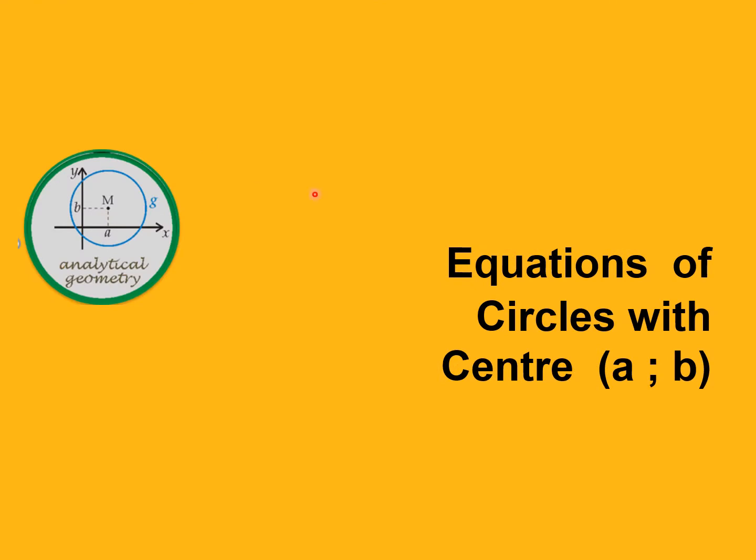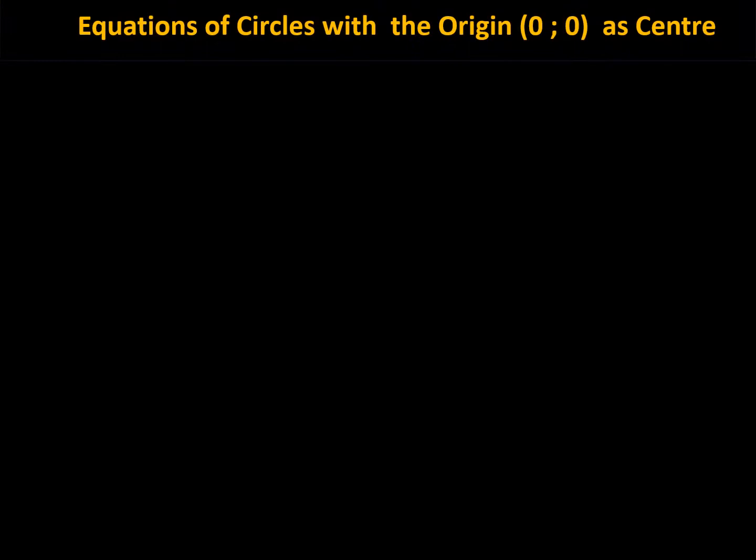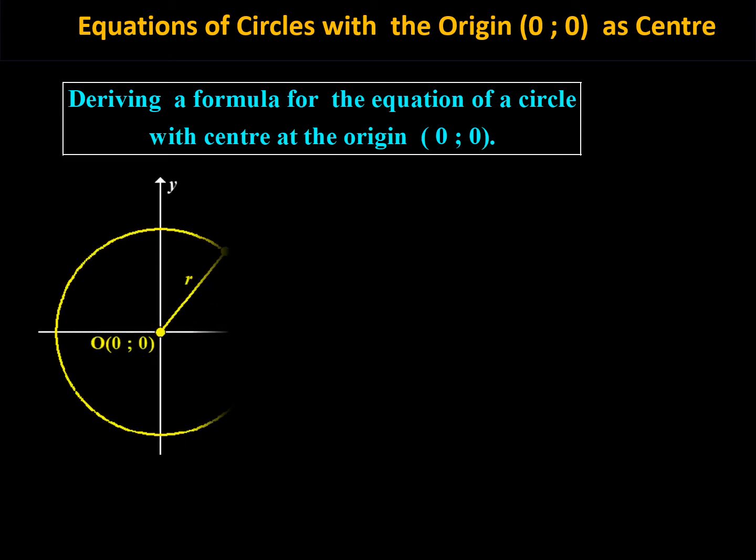Let's start with equations of circles with center A, B. Let's start off with deriving a formula for the equation of a circle with center at the origin. So there we have a circle. If you look there, the center is at the origin. There's a point on the circle. Let's say it's point A, which is (x, y), and OA is the radius, and let's denote the radius by